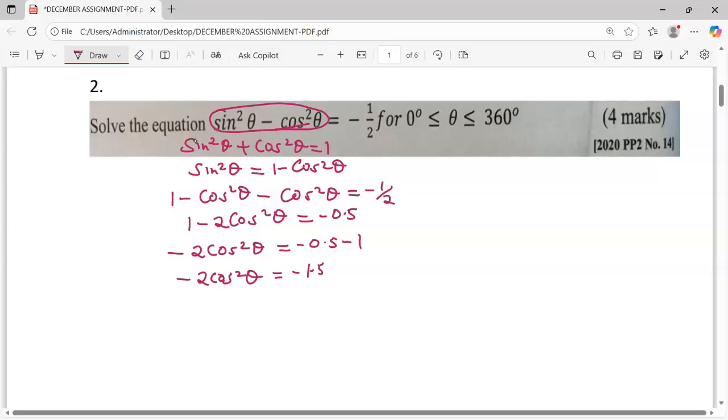Next, we are going to divide both sides by negative 2, such that negative 2 and negative 2 cancel, giving us cos squared theta equal to negative 1.5 divided by negative 2, which is equivalent to